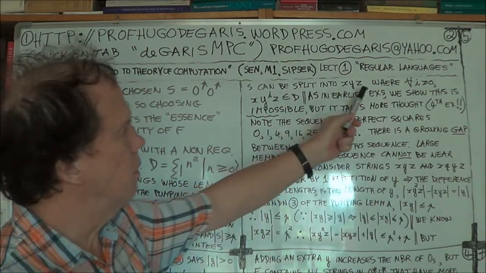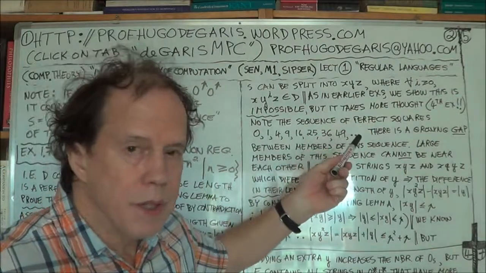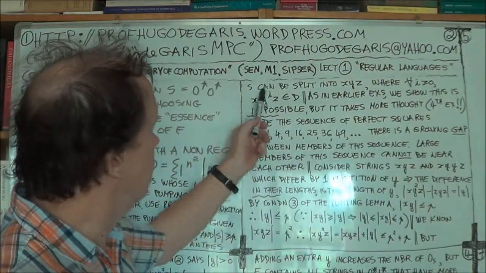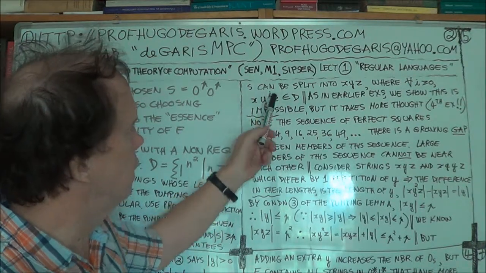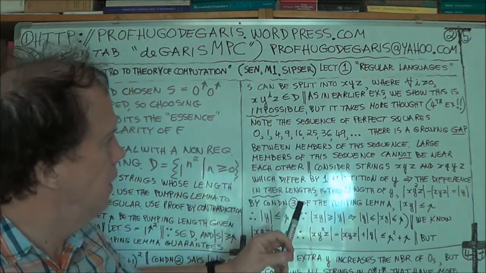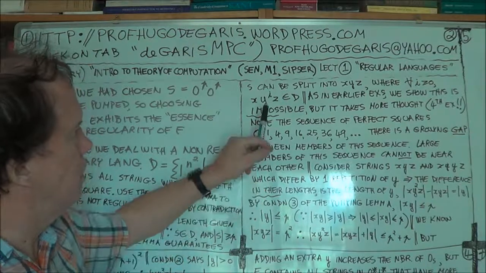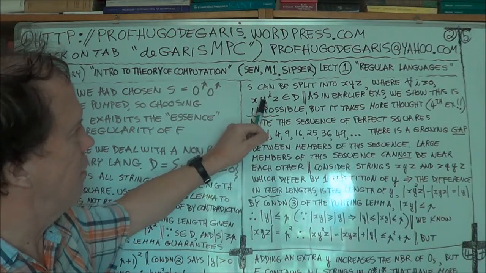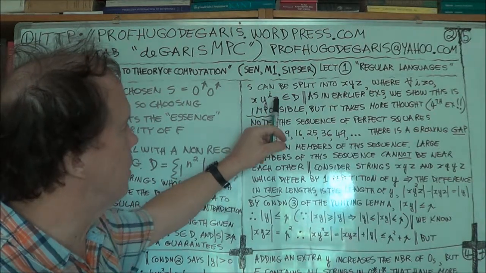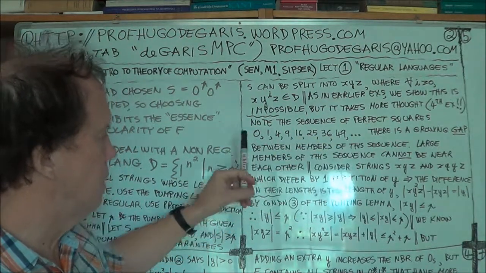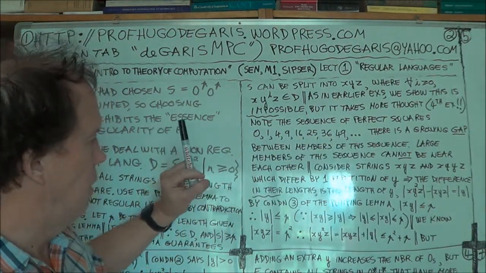Now, as in earlier examples, we'll just show that this pumped string here cannot belong to D. It's impossible that this belongs to D. And we don't have to go very far. Usually we just add one extra copy of y, xyyz. In this case, no, it's